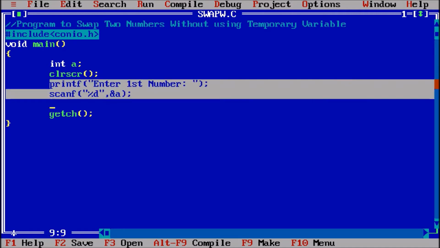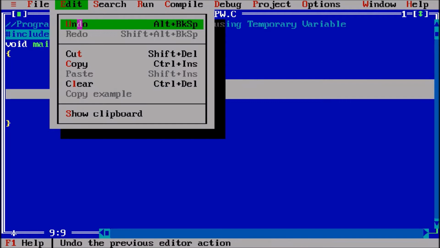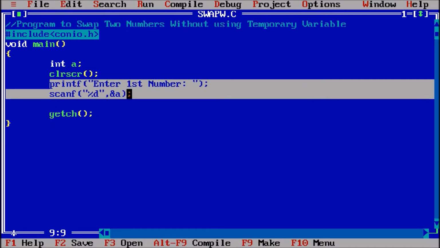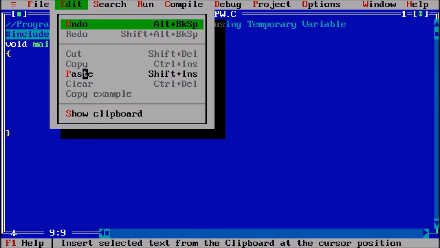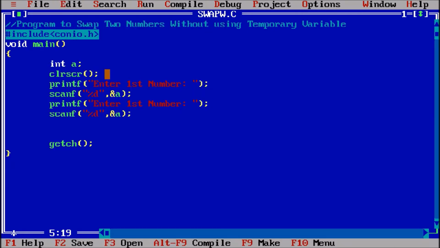Similarly, I will copy this and paste this for taking the second number. Let us suppose that for the second number I am taking the variable b, so enter second number and the variable b.